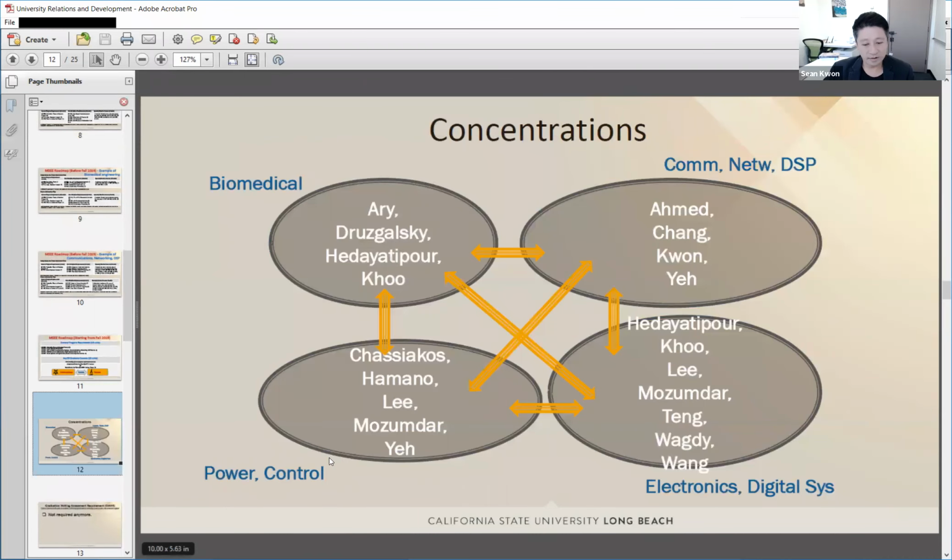So when you submit your ATC form, please clearly describe your emphasis among those four: biomedical, communication network, DSP, power and control, or electronics and digital systems. If you input some other emphasis, the department office will ask you to correct that, and you will have some delay for this ATC submission and approval.